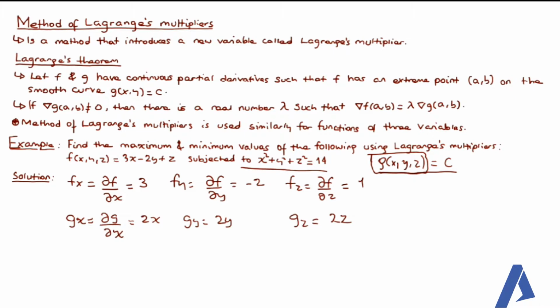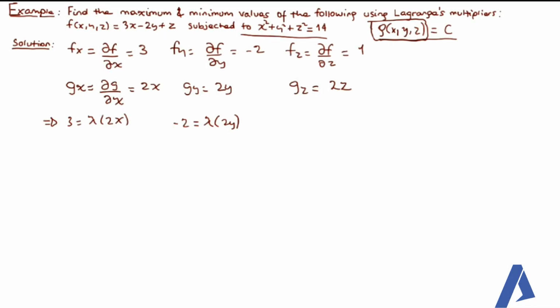ስለዚህ ኢኩዌሽናችን ፎርም እናደርጋለን። fx is equal to lambda times gx, which means that 3 is equal to lambda times 2x, and similarly -2 is equal to lambda times 2y, then 1 is equal to lambda times 2z ማለት ነው። ስለዚህ በዚህ መሰረት ለx ለy እና ለz ሶልቭ እናደርጋለን። In this case x is equal to 3 over 2 lambda, እዚህ ጋር ደግሞ y is equal to -1 over lambda, እዚህ ጋር ደግሞ z is equal to 1 over 2 lambda።